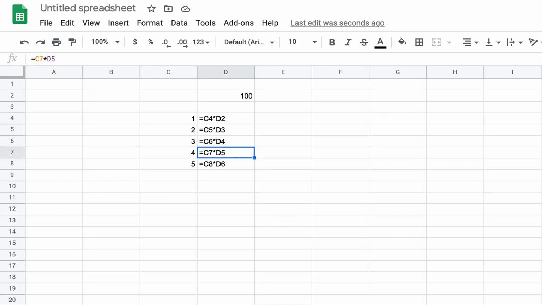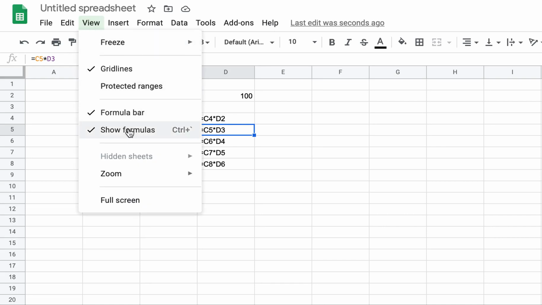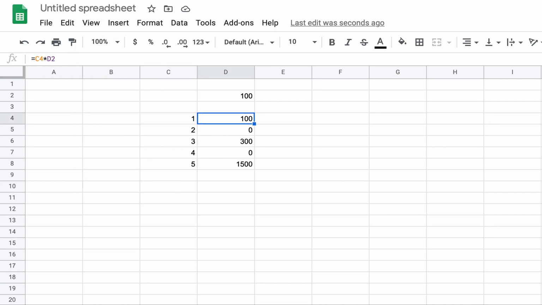4 will be multiplied by what is in front of 2, and all sorts of nonsense numbers will be generated. Let's see those nonsense numbers. See, this is what is happening. 1 multiplied by 100 is 100. 2 multiplied by 0 is 0. 3 multiplied by 100 is 300, and so on and so forth.